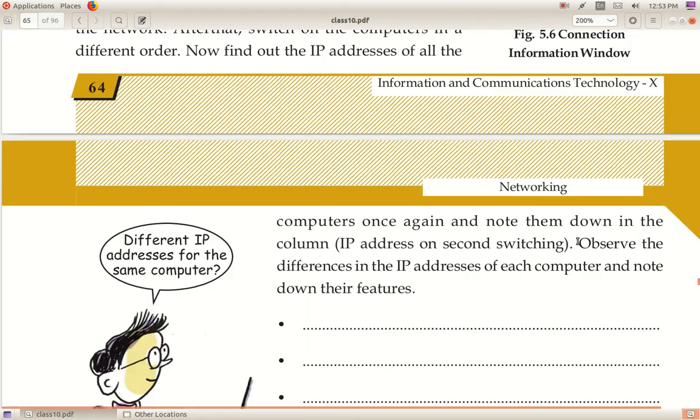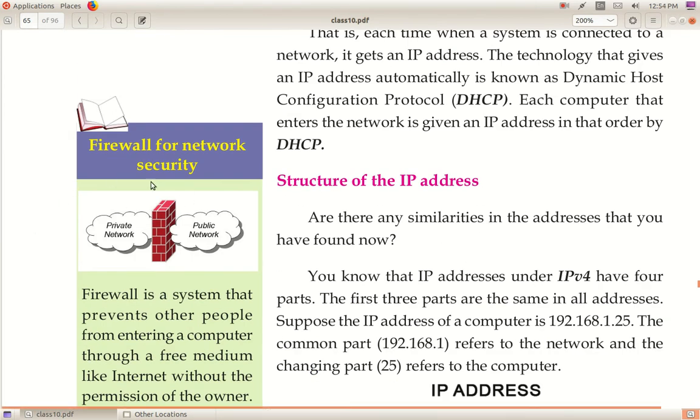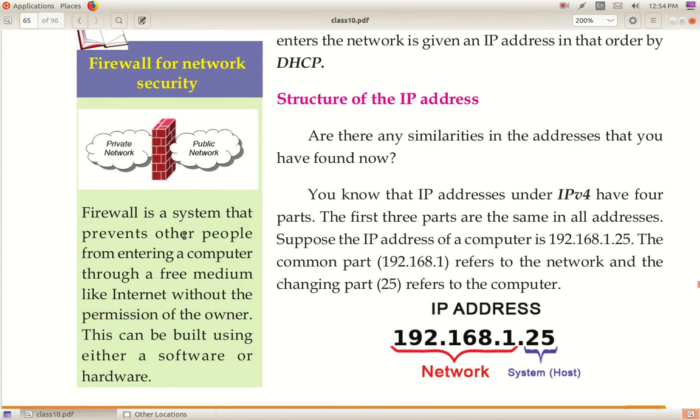Then coming to the next frame. Yes, one more frame is there. Firewall for network security. As we are using the computer, so many sites we are using. We should prevent others from entering our computer without our permission. It will ask for permission.